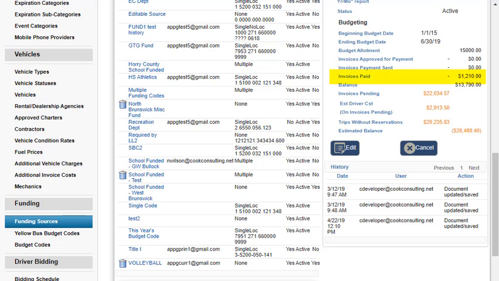Invoices paid. This amount includes any invoices that have been marked paid using the funding source within the allotment date range. These are actual amounts and are therefore subtracted from the allotment balance. And we can see $1,210 from paid invoices. So our balance is calculated from the original allotment, which was $15,000 in our example,